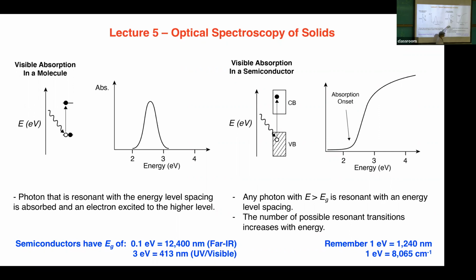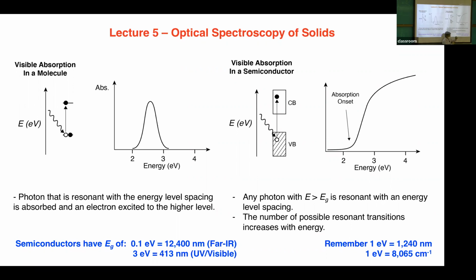So you have a whole band of filled states and a band of empty states. Any photon that is higher in energy than the band gap can in principle promote an electron across that gap. And so when you look at the absorption spectrum, you get something called an absorption onset, where the probability of the transition is high. In some materials, that's going to be the top of the valence band and the bottom of the conduction band. And then if you go to higher energies, there are many more levels down here, and there are many more acceptor levels up there to which you can